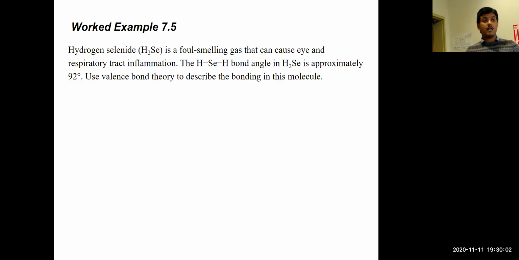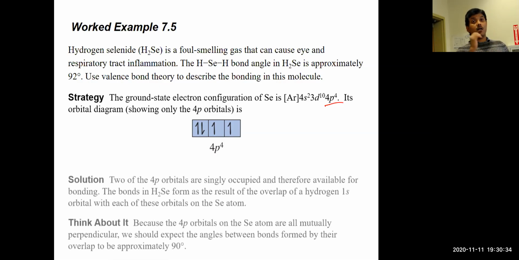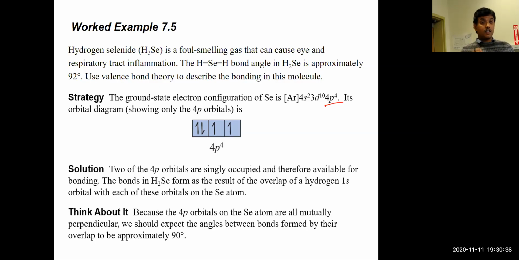Okay, what is selenium? Where is selenium found? Selenium should be found in group 6, so it should have the electronic configuration ending in 4s2 3d10 4p4. You only worry about the last valence electrons, 4p4. If you try to draw the orbital diagram of it, it has two single electrons. What that means is it can make two single bonds with other elements. As a result, it bonds with two hydrogen atoms, each having a 1s orbital, to form